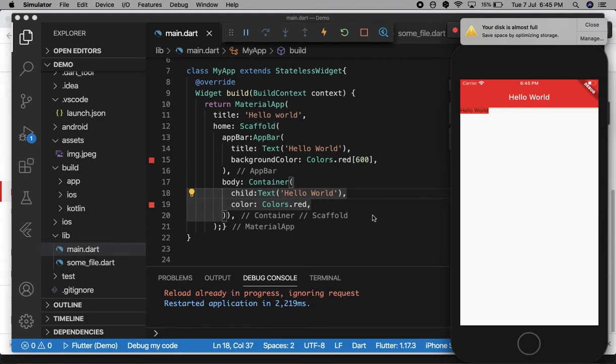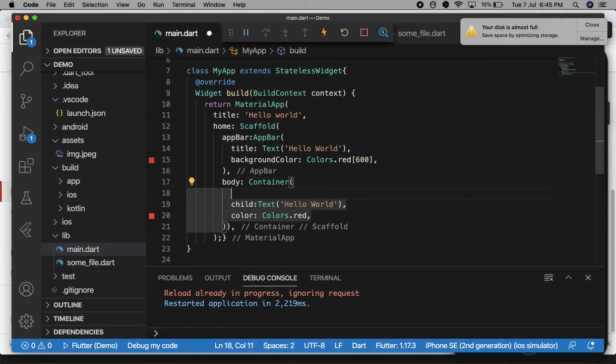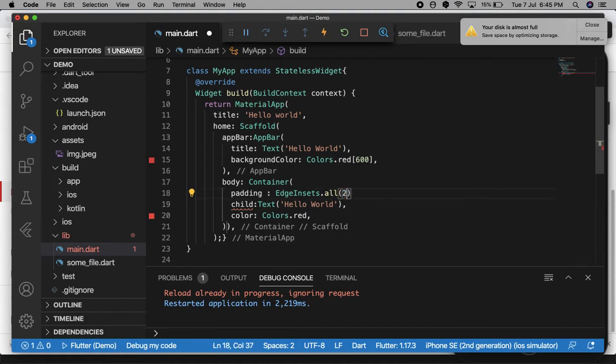Now you are using the container widget, so in the container you can add padding and margin both. First I'm going to add padding. Here is a property with the name of padding, and you can add any property, EdgeInsets.all, like I'm adding 20.